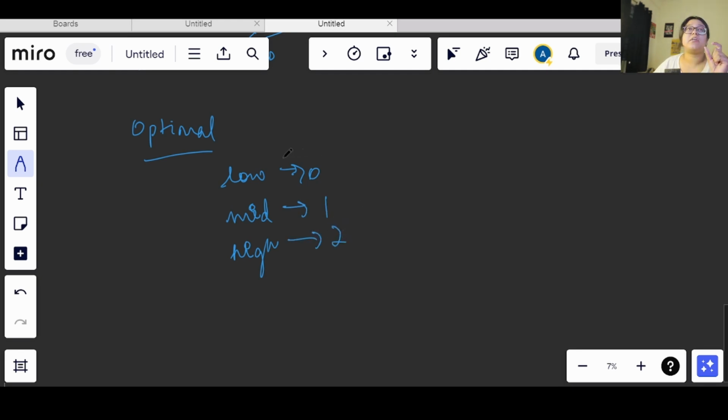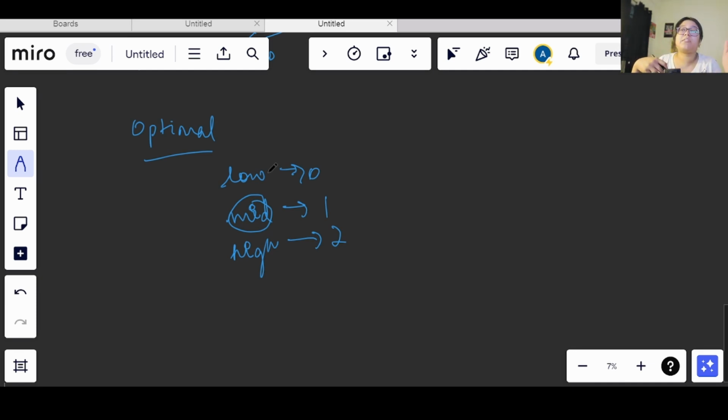Like in our binary search, we use mid for iteration, right? Most of the time mid is used for accessing the indexes. So here we will be using mid only, we will compare all the values with mid. And why are we doing that? Because of low and high.